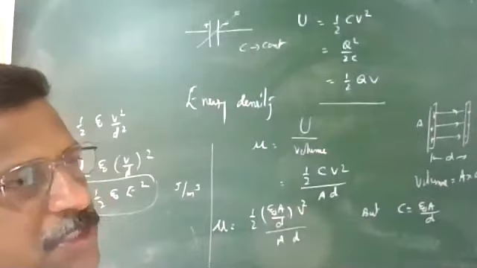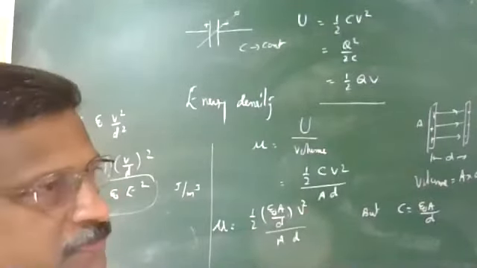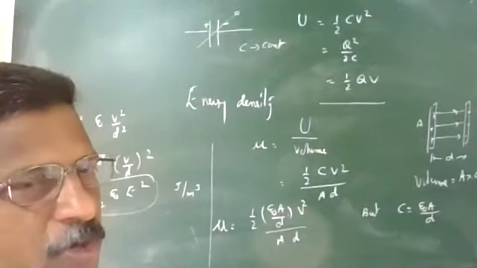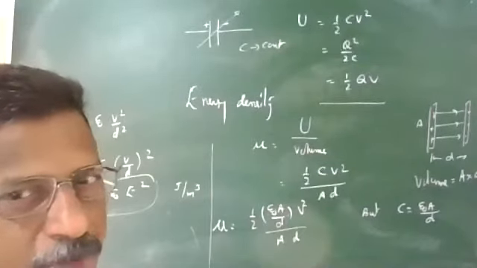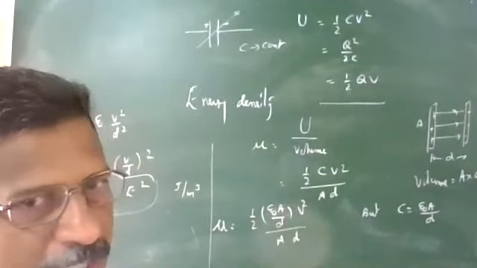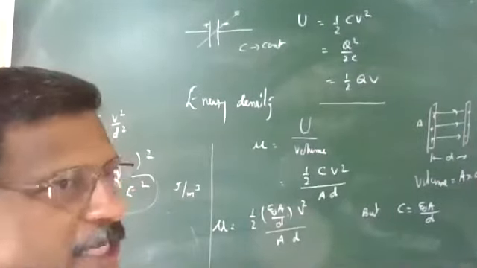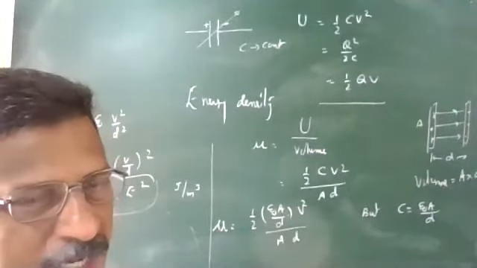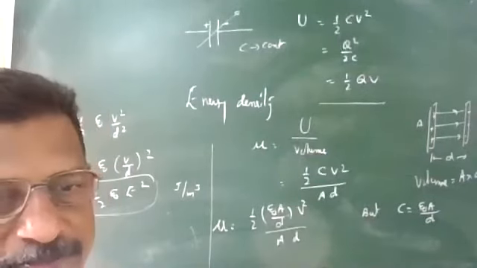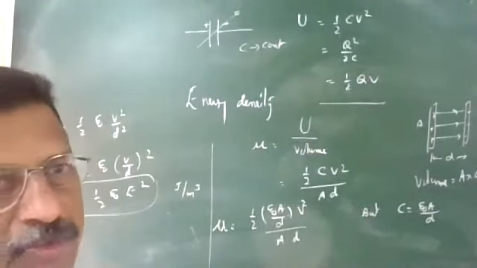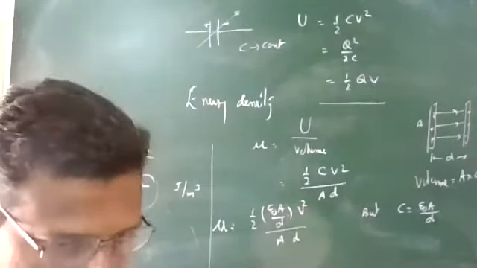Where do we employ a variable capacitor? In the very old radios, the manual radios, not the digital ones, where we tune the radio for a particular station. There is a knob you have to rotate. That knob is a variable capacitor. When you rotate it, its capacitance changes as the particular station is selected. This point we will see in LCR circuit in AC current. So this is the way we represent variable capacitor and constant value capacitor.